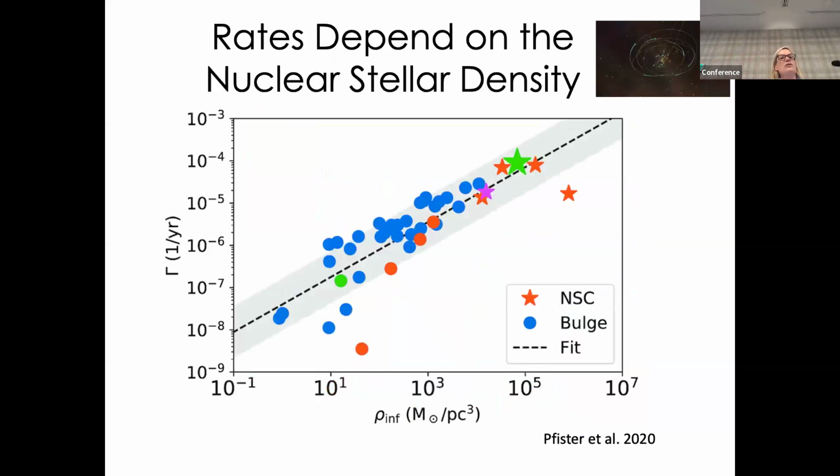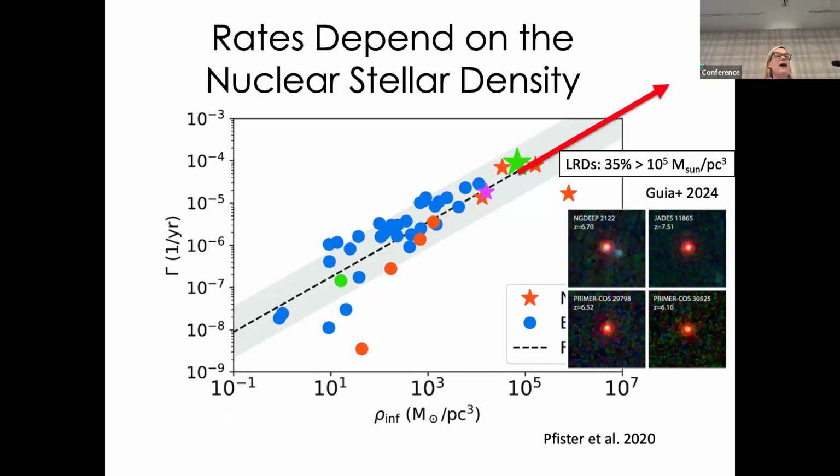The rate at which tidal disruptions occur depends very much on the nuclear stellar density of the host galaxy. And in fact, these are quite rare events, only once every 100,000 years or so in a given galaxy. So we have to work very hard to find them. We use wide field surveys, surveying millions of galaxies. But there are indications that, given this sensitivity to stellar density, in the higher redshift universe, where we see evidence for more compact stellar nuclei, we could expect quite high tidal disruption event rates.